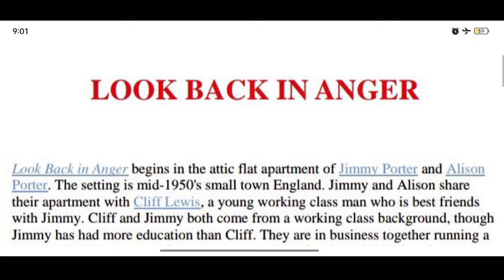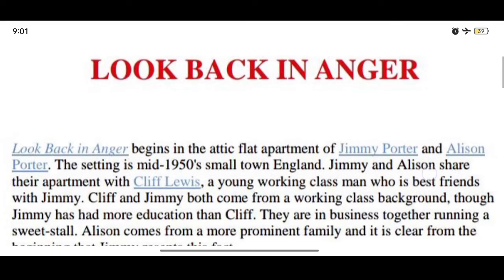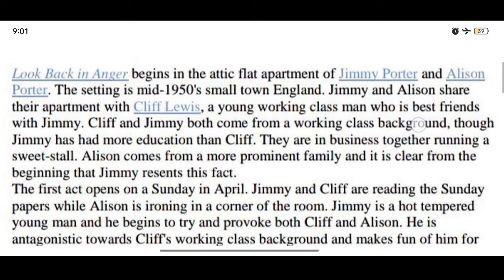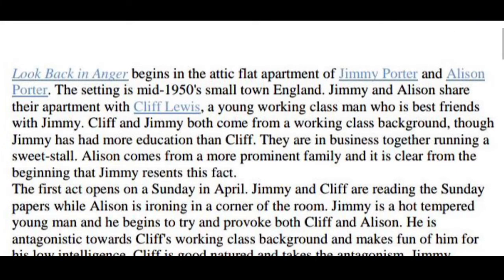आपका लुक बैक इन एंगर का जो समरी है वो रहेगा, और इस पर हम कैरेक्टर डिस्कस करेंगे। तो आज का कुल मिलाकर जो टॉपिक रहेगा वो आपका समरी और कैरेक्टर के विषय में रहेगा। तो दोस्तों, लुक बैक इन एंगर का जो समरी है उसका नोट्स हम अभी प्रोवाइड करने जा रहे हैं आप सभी को। तो हम लाइन बाय लाइन रीड करेंगे। आप इसको वीडियो को पॉज करके लिख सकते हैं, समरी और कैरेक्टर दोनों। तो स्टार्ट करते हैं।